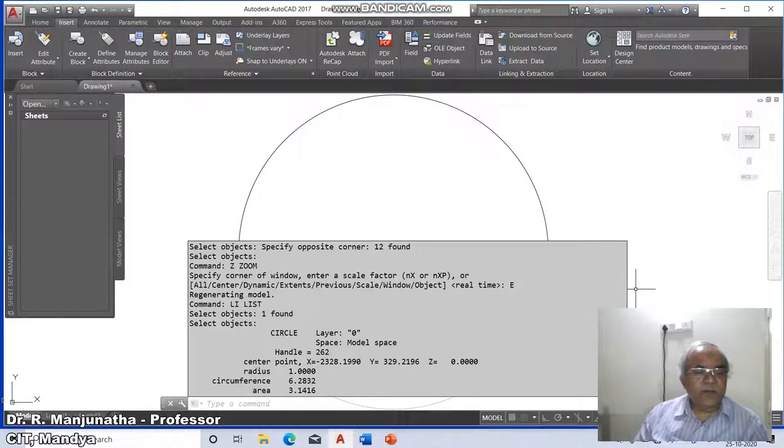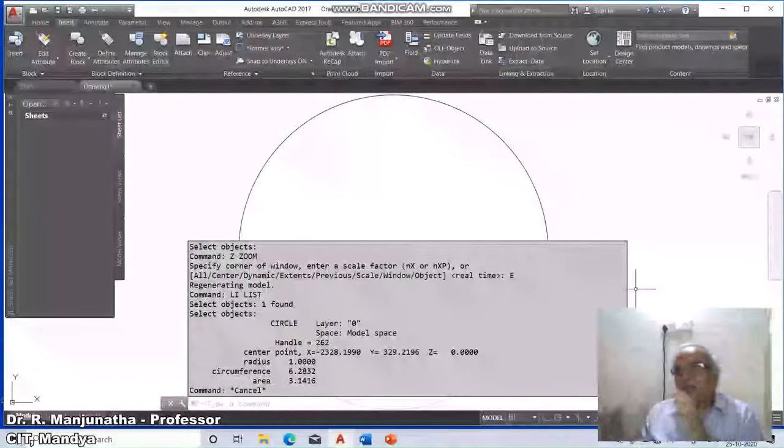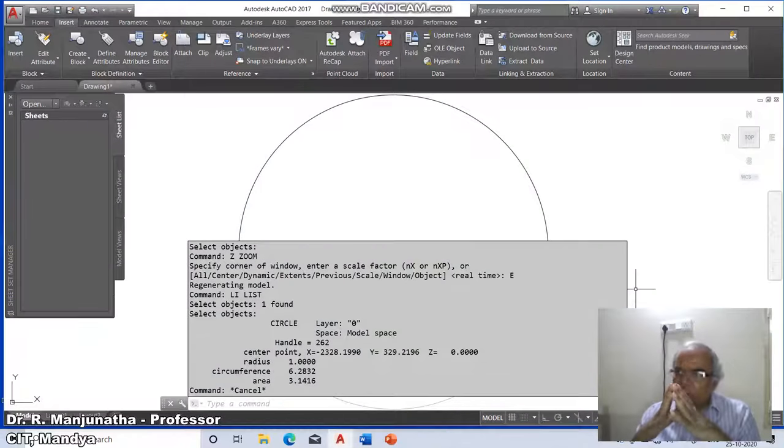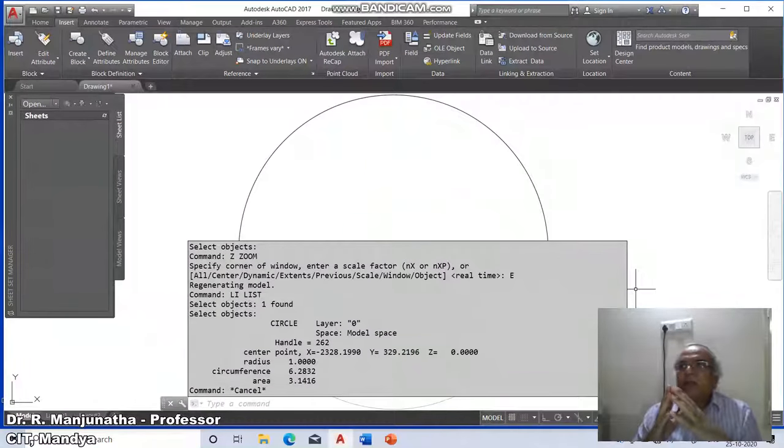The main advantage of zoom extend, zoom previous and zoom window is I can use them whenever I want, and this is not a proforma wherein you have to use it at a particular juncture. That depends upon the user's convenience.